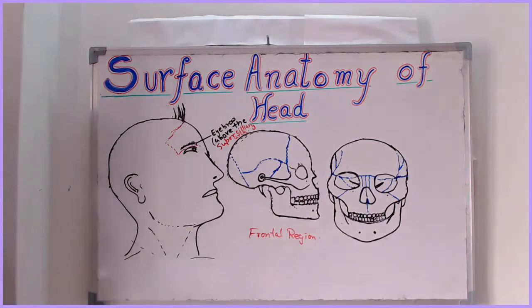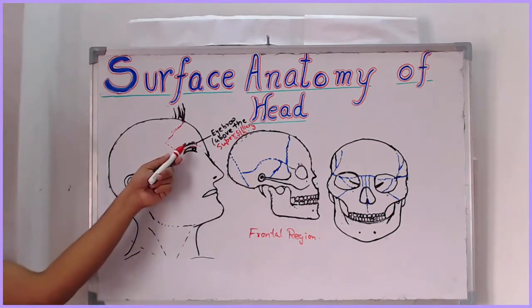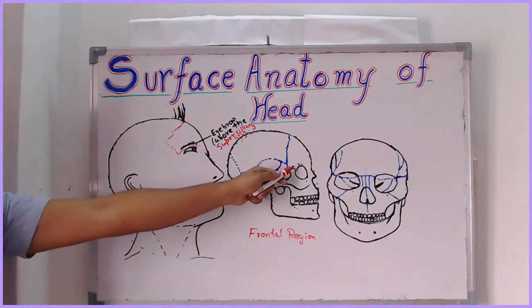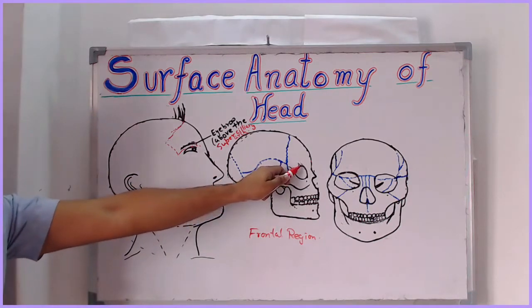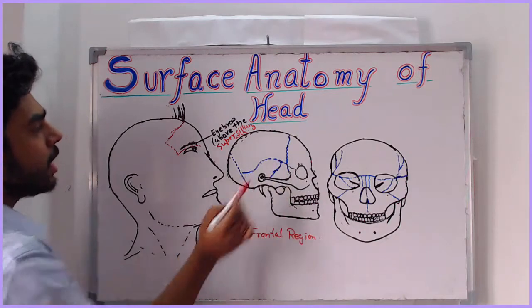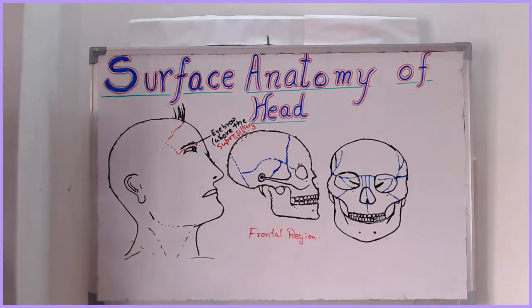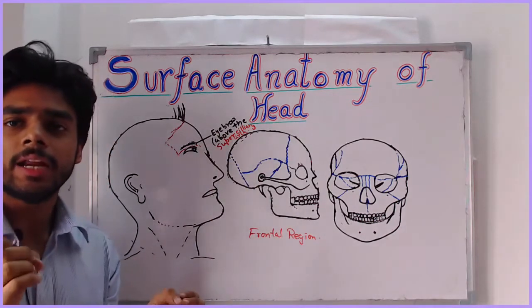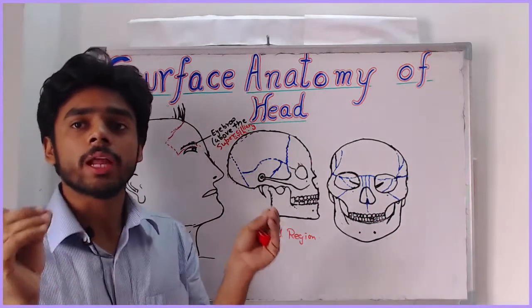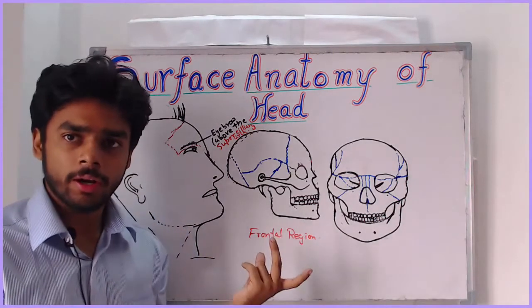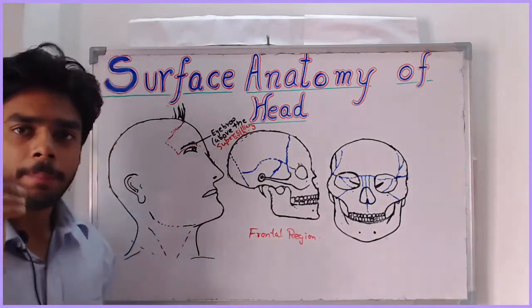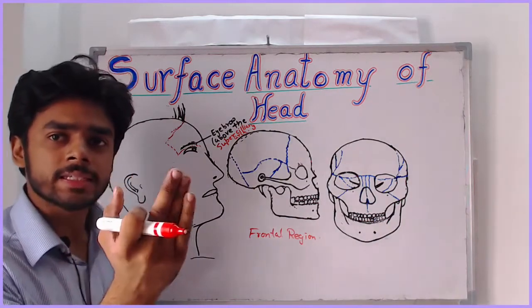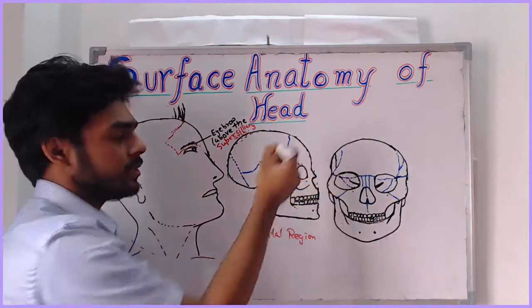Let's sum it up. Frontal region is the area superior to eyes and below the hairline. External structures present are the eyebrows, the supraorbital margin, and the elevated area above this supraorbital margin, the superciliary arch. The other structure is the glabella, the smooth elevated area between the eyebrows. It is mostly non-hairy, but in some cases it can be hairy. And pineal gland lies 7 centimeter behind, that is inside the glabella.